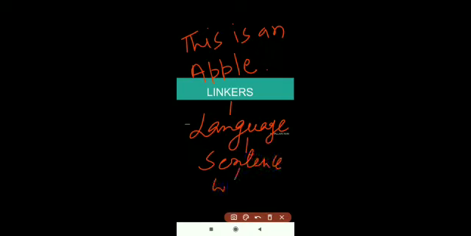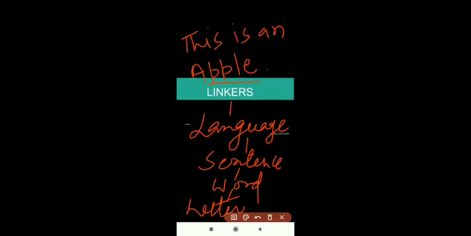So we know that if more than one word is combined, and if they give a meaning, then it will be called a sentence. One second, I am writing here: language, sentence, word, letter. Okay, so here there are five letters, and we know more than one letter combined forms a word. So these 5 letters combine and form a word.